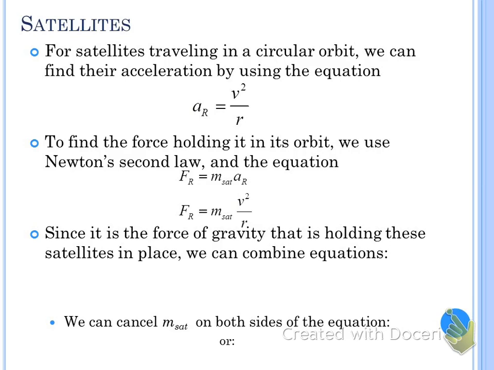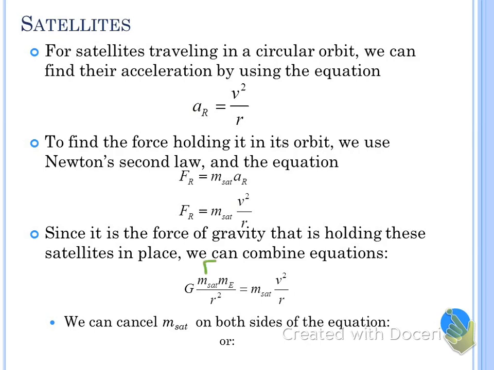However, since it's the force due to gravity that's holding these satellites in their orbit, right? There's a force due to gravity from the Earth on this satellite that's holding it in its circular path. There's no string attached to it that's holding it in its orbit. There's nothing that's holding it besides the force due to gravity. When we look at things that are spinning in our normal circular motion problems like this, we normally have a string that's spinning it or an axle that's spinning it. Here we don't have anything holding it in place except for the force due to gravity. So we can combine these two equations,